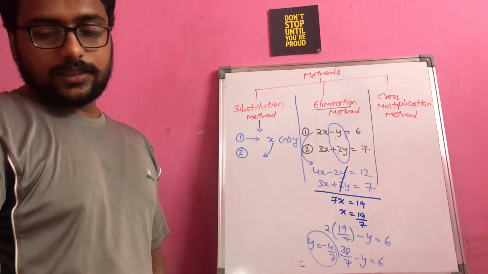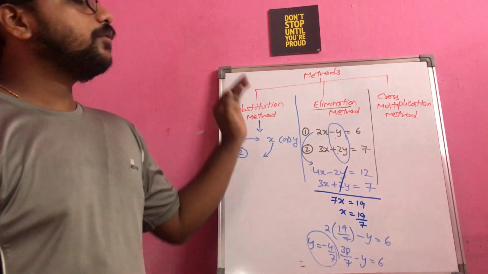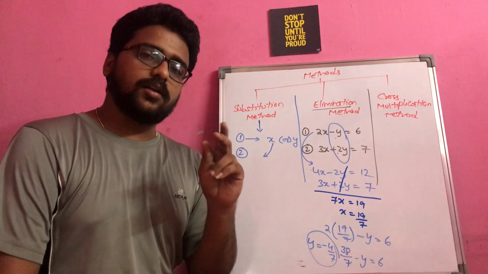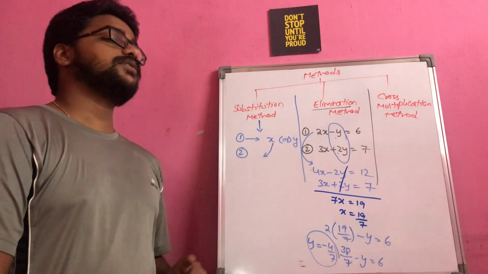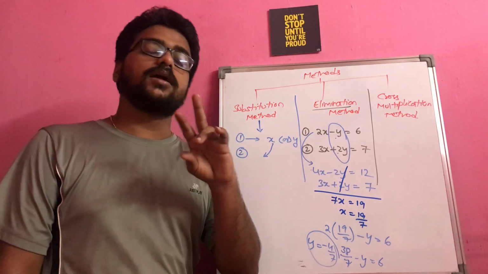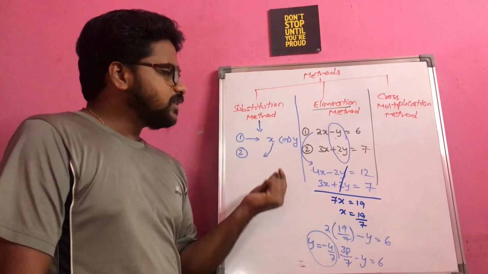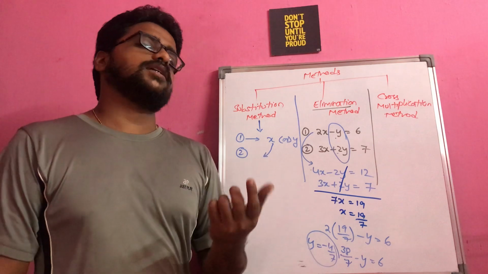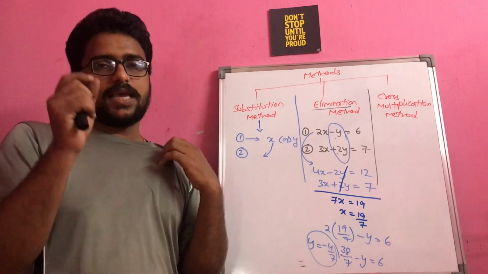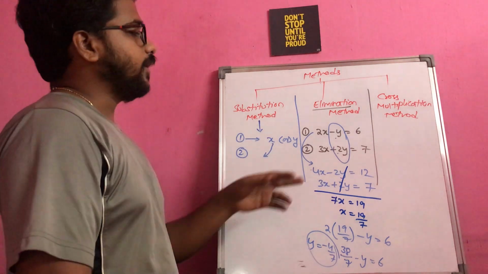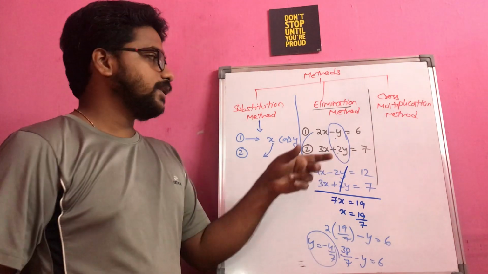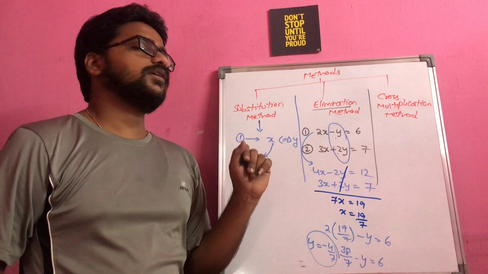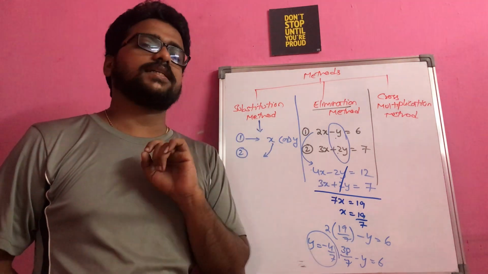So what we did in this procedure is, we tried to look for the terms that are of opposite signs. First thing, the variables, what are the variables that are having opposite signs, not about the constants. Constants we will make equal at a later stage by multiplying with some scalar or some number. So here first I identified the two terms which are of opposite sign, and then I tried to make the constants the same.